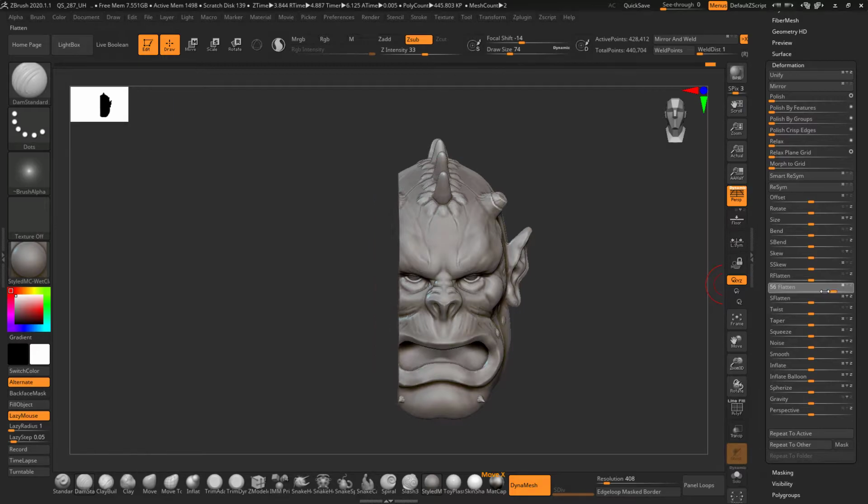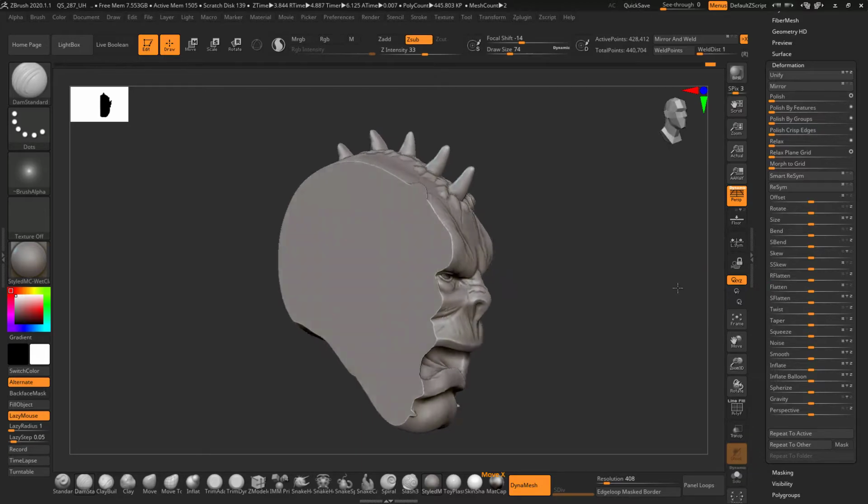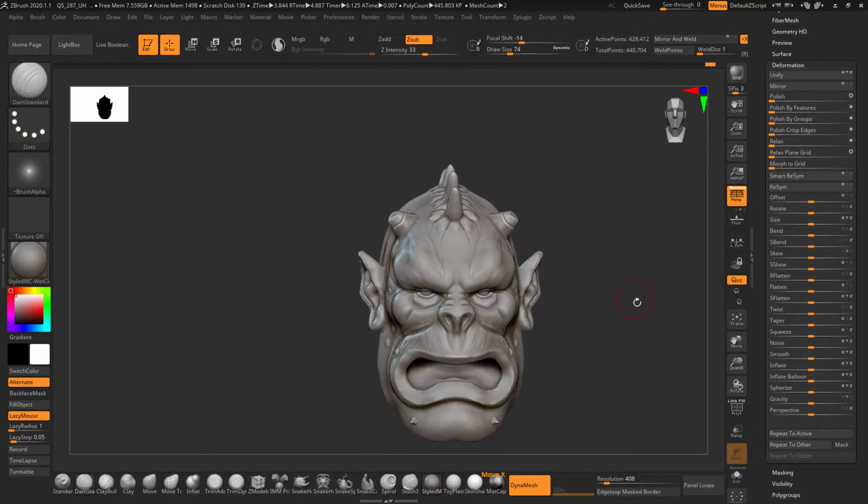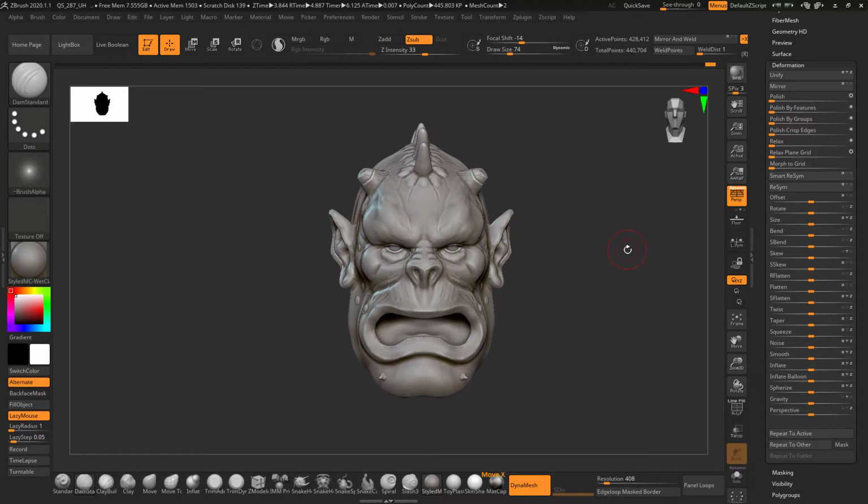So this is flattened. Basically you can flatten your object from one side, right? So it comes very handy when you want to 3D print it. Sometimes you just want to flatten one side. So right now it is flattening from the x-axis.